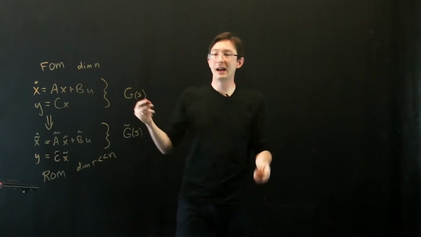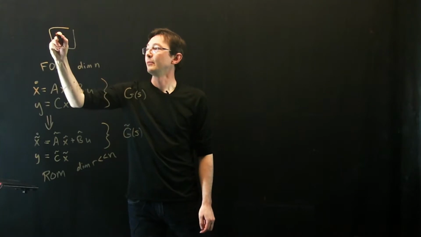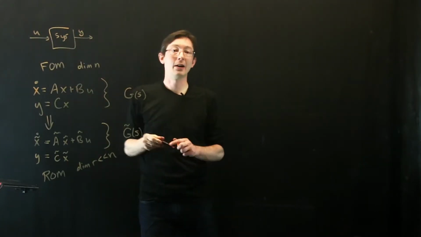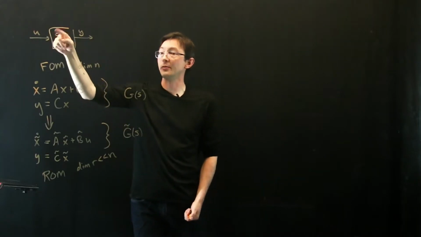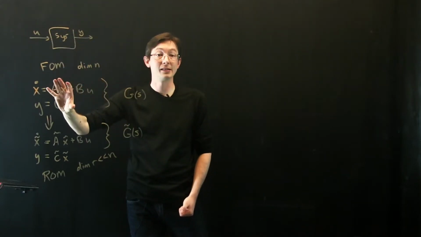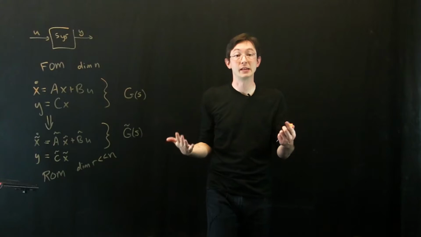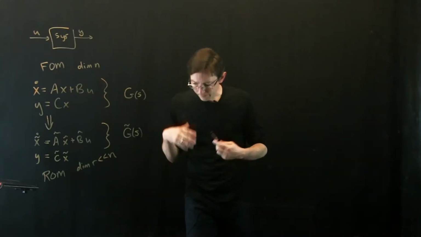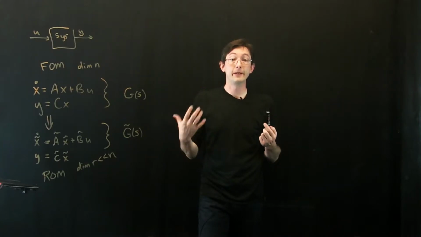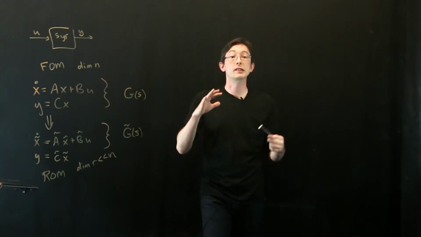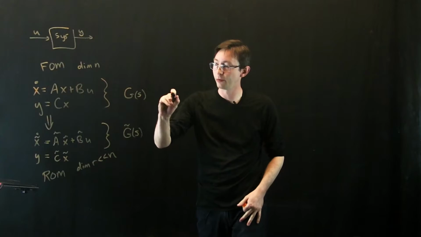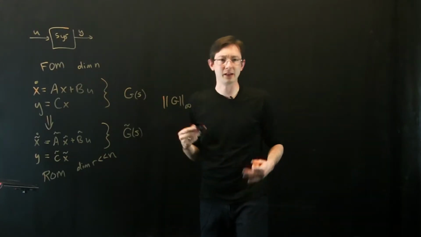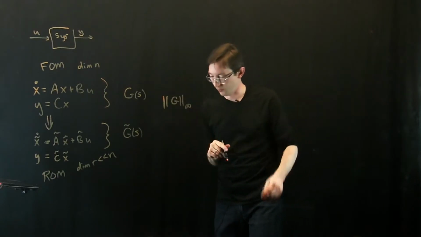Because my system in reality is like a black box. It has some u in and it has some y out. I can't change that, but I can get a different approximation of what's going on in the guts of the system, the A, B, and C matrices. Essentially, there's a norm called the infinity norm. I think of this as the worst case scenario norm. So the infinity norm of G, it sounds super cool, right? Infinity norm of G